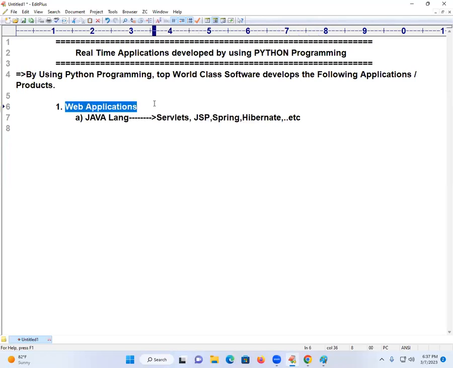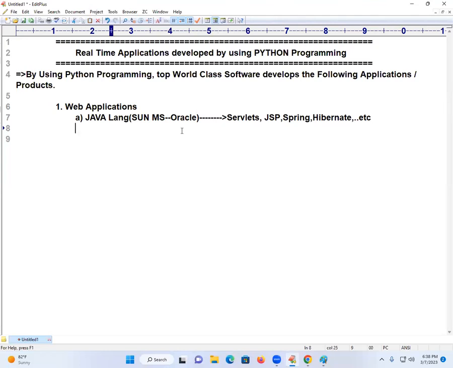Web applications. This Java language was originally developed by Sun Microsystems. As of today, it is handed over to Oracle Corporation. These are Java-side languages and technologies.